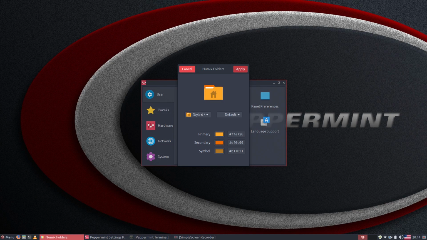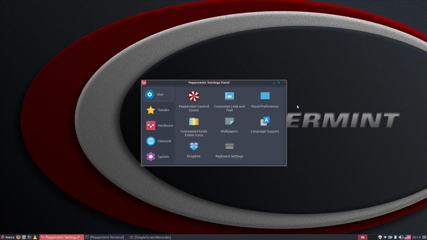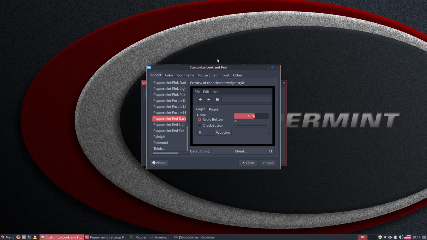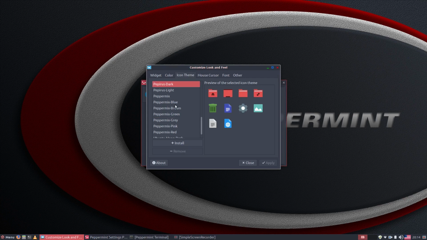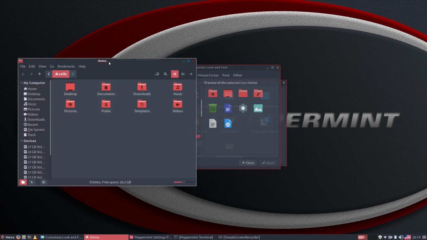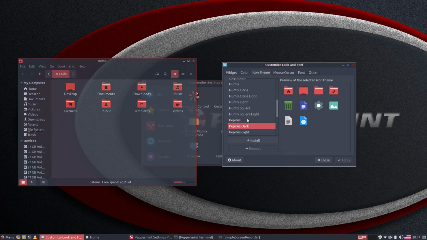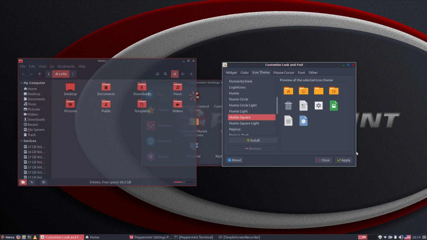So you can change the color of the Numix if you've got the Numix applied in the icon set here. There must be a Numix, there it is. Numix circle, circle light, and when you click on Numix, if we set that, what are we on? Papyrus dark, that's right. So if we go Numix square and apply that, so you've got this standard Numix color,